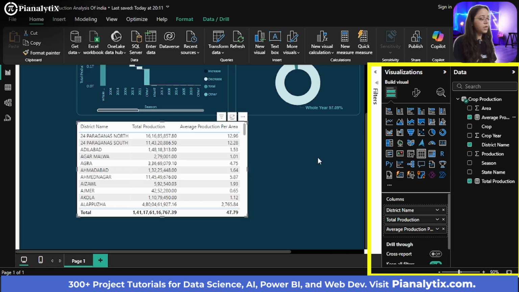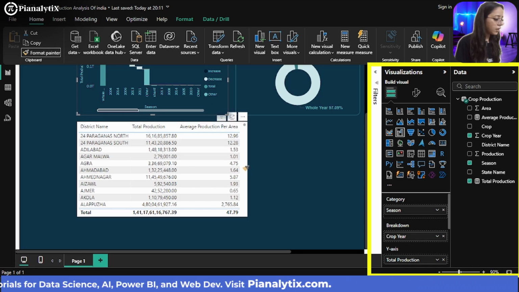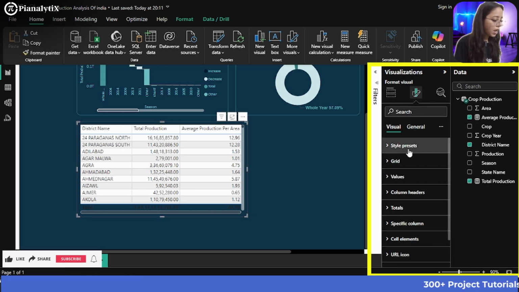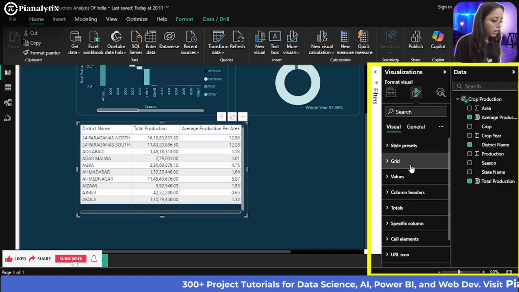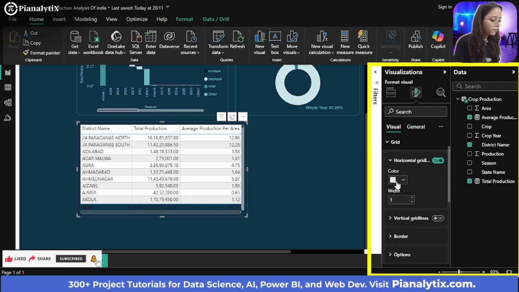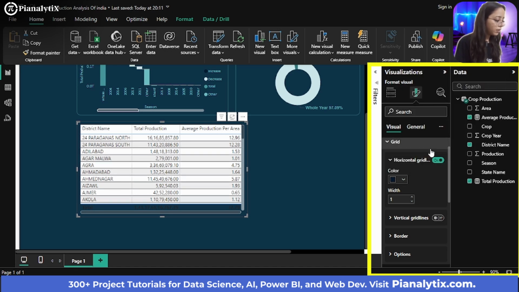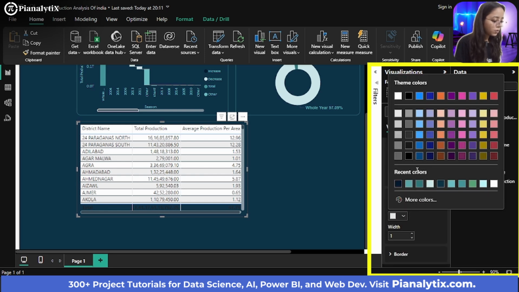Yeah, now it's visible. So what you are going to do is first of all you're going to click here and make any necessary changes. Now most of the work is done. But now what you can do is you can go to the general section, or you can go first on the visual section and you can work with the grid. For example, I want my horizontal grid lines to be in, let's say, darker blue color, and similarly my vertical grid lines are also in the same color, which is this one.